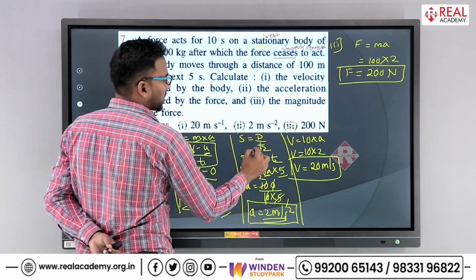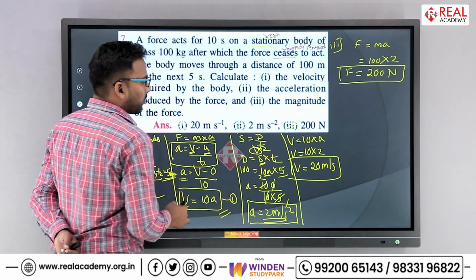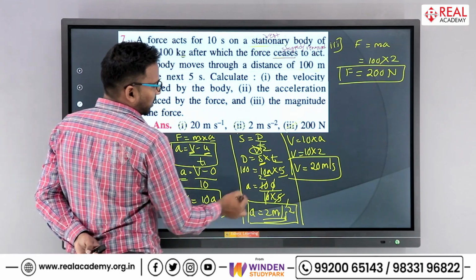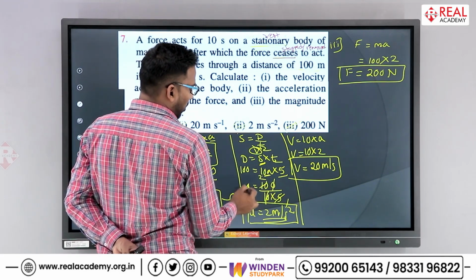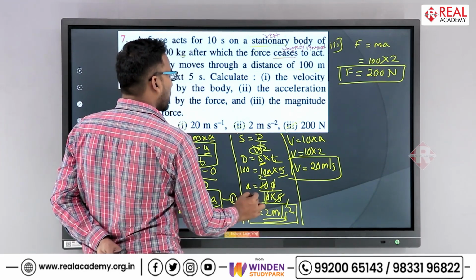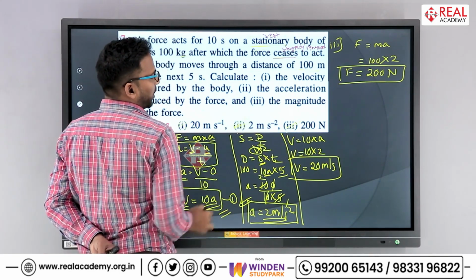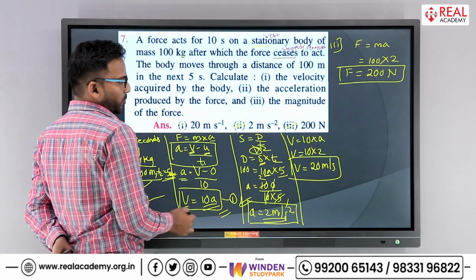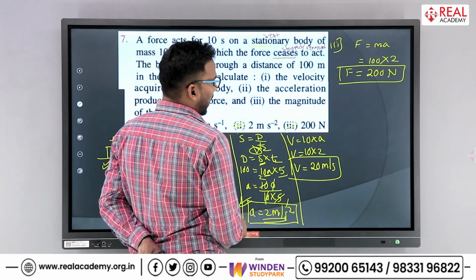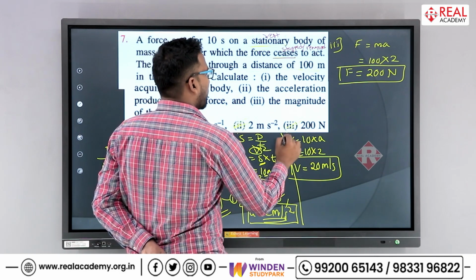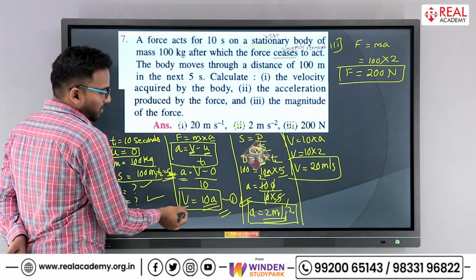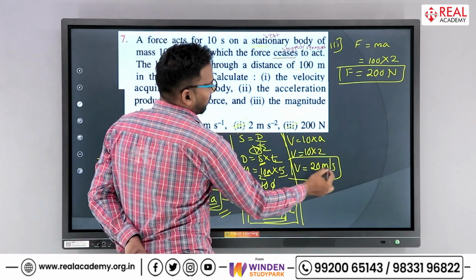Speed into time, velocity. This one is velocity. What about the velocity? It is 10A. So 10A we have taken here. From this calculation we have got acceleration to be 2 meter per second squared, right? And then from this equation 1, V is equal to 10 times A,